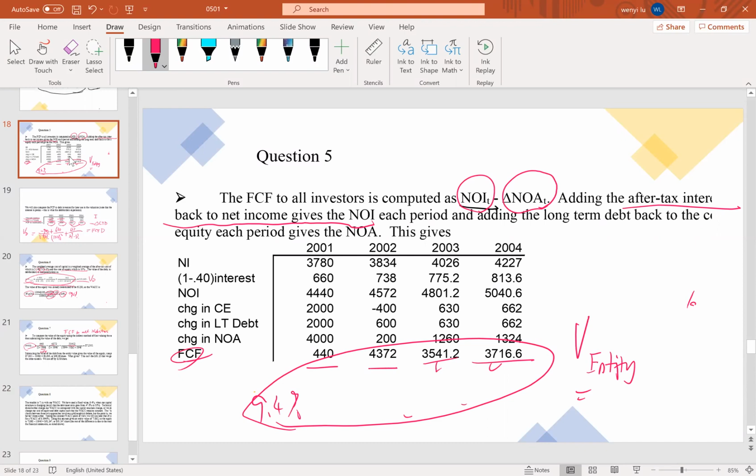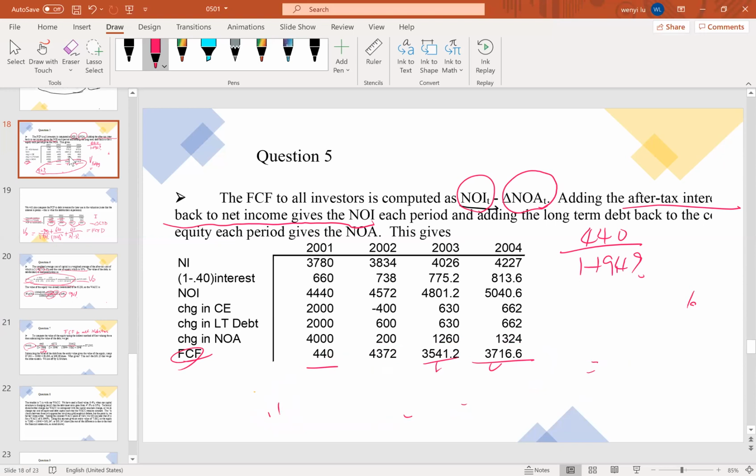So you can see here we have the 440. 440 divided by 1 plus 9.4%, plus the 4372 divided by 1 plus 9.4% squared. We can put this number below to make it easier to track. So 440 divided by 1 plus 9.4%, plus 4372 over 1 plus 9.4% squared. And for these later numbers, we assume they grow at a fixed constant rate of 5%. So we will use this one,